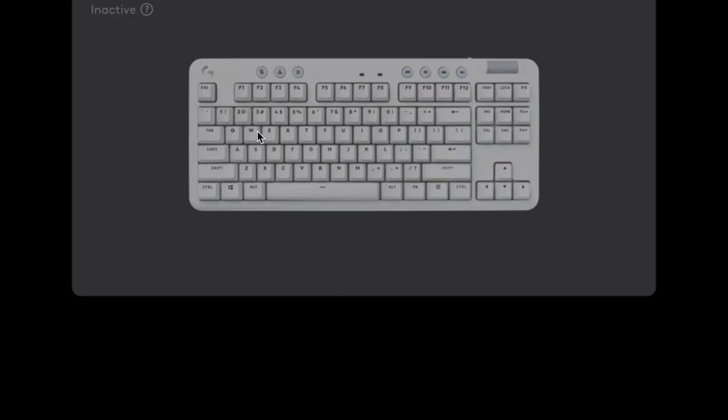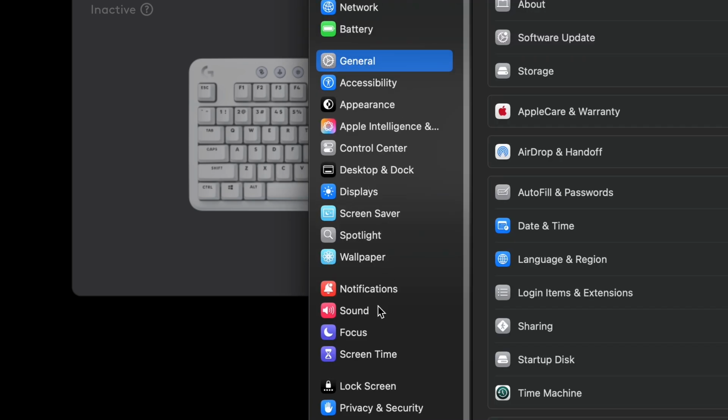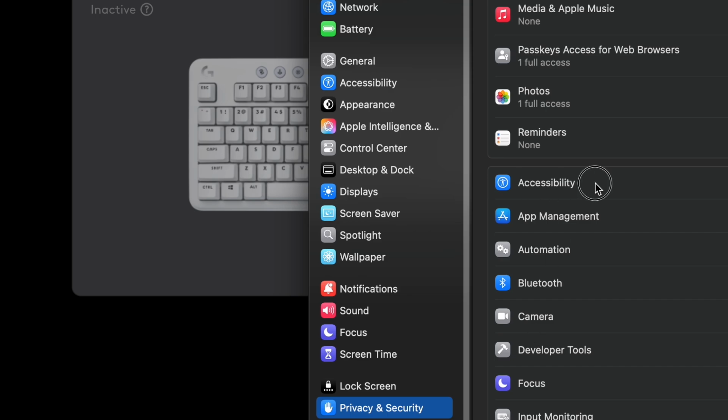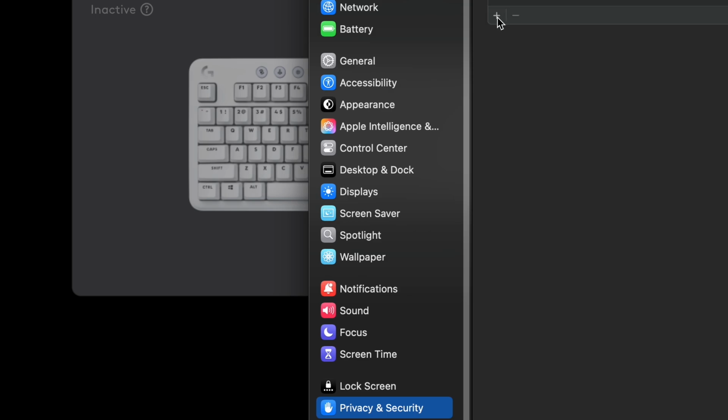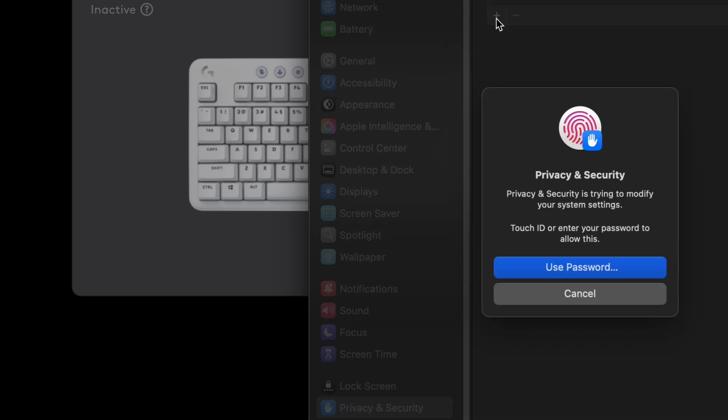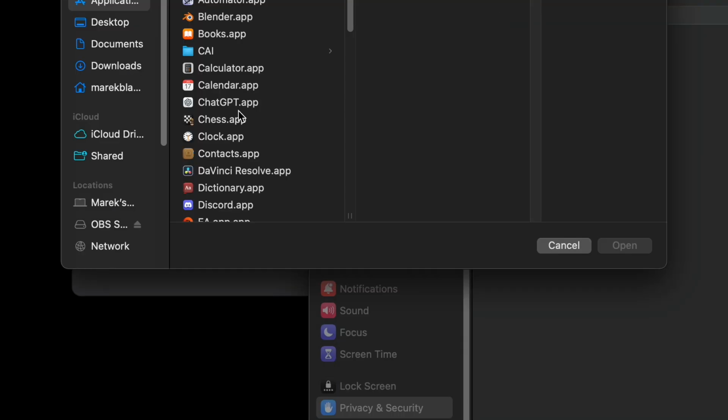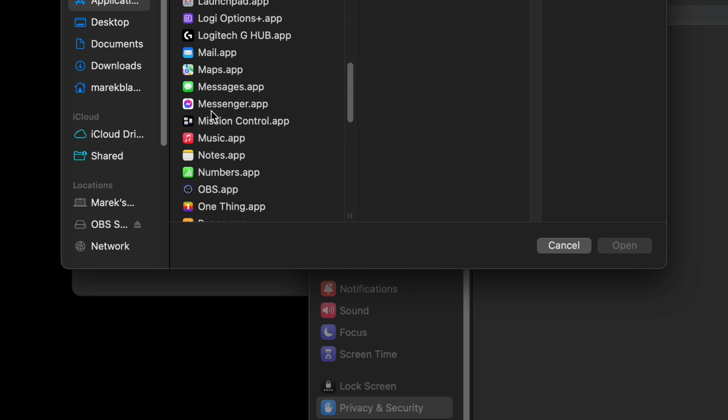Now let's see. I'm already connected to the keyboard via Bluetooth, but it shows as inactive, so now I'm gonna show you how to fix it. First go to the system settings, then go to privacy and security, and first go to accessibility. And if you cannot see Logitech G HUB, not the agent but Logitech G HUB itself, click on plus, then select it from this list,